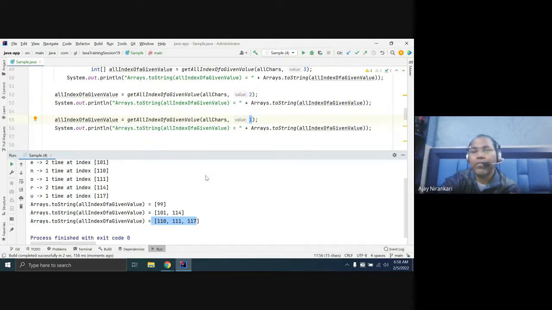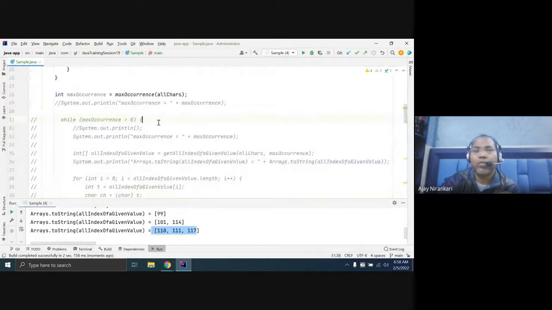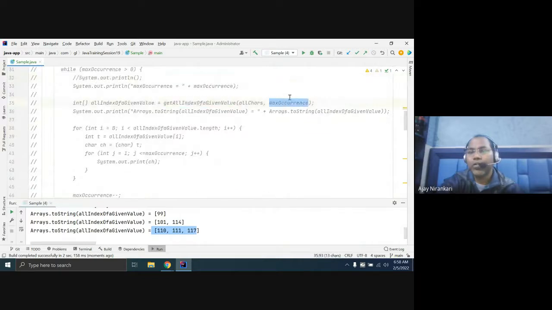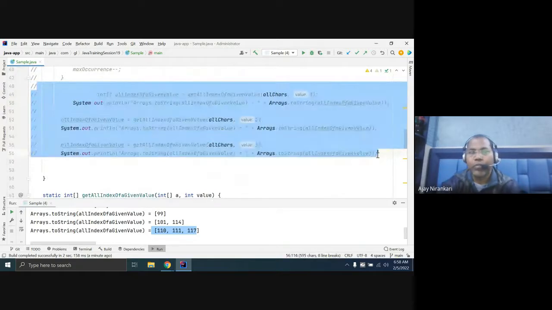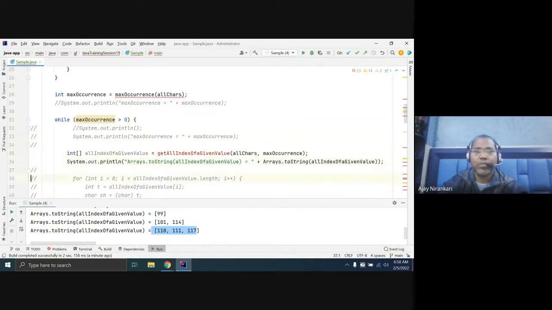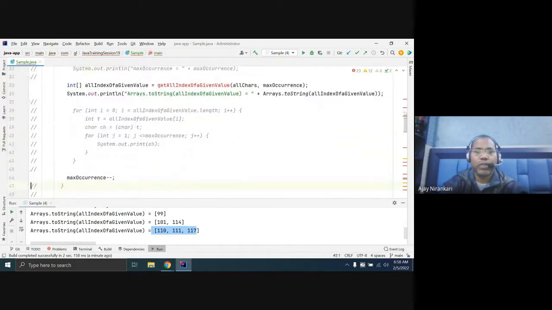So instead of writing this 3-line code, I wrote it inside a while loop. Internally it can work 3 times, max 3, 2, 1. I say in the while loop, just invoke this method, print, and do minus minus n.